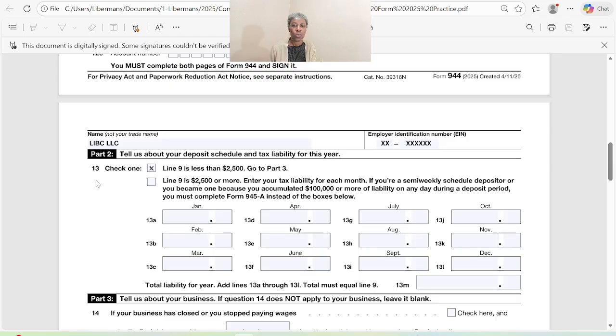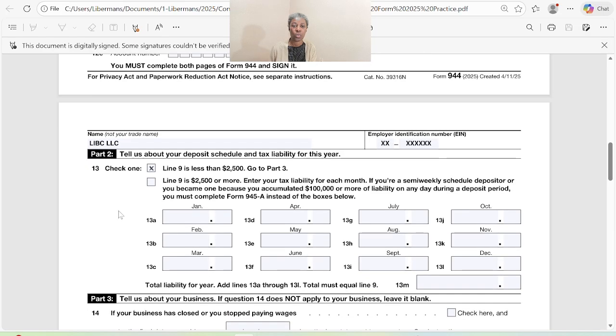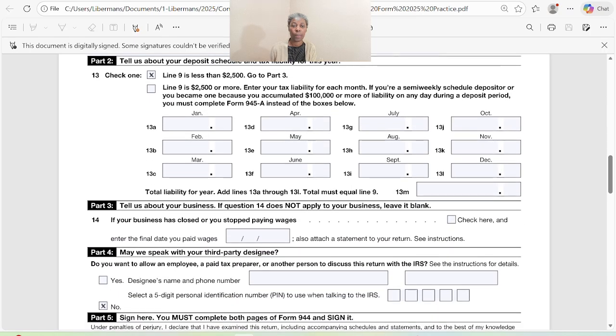So Part 2 of Form 944, line 13. You check the first box if your line 9 is less than 2,500, and it is. Therefore, we leave the second box alone and we go to Part 3. If your line 9 is 2,500 or more, you will check the second box instead, and in that case you are going to put your tax liability, full dollar amount and cents, for each one of those months that you pay